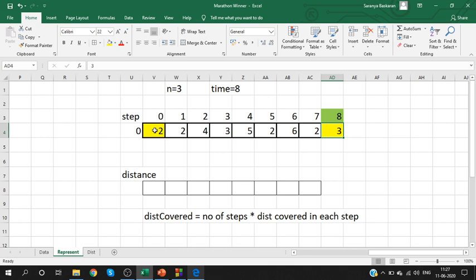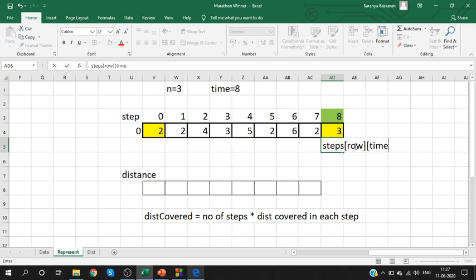We can calculate it as the steps we have considered into the last value. Do you remember? The last value will give you the distance covered in each step. How can I access the last value? In the step array, go to the same row, whichever row you are working with, take the last index. What did we say? The last index is same as time index.